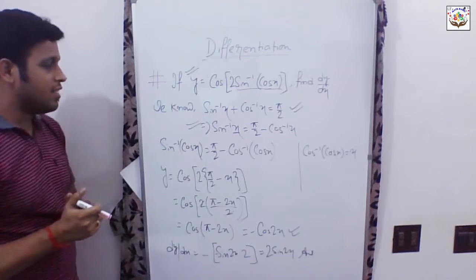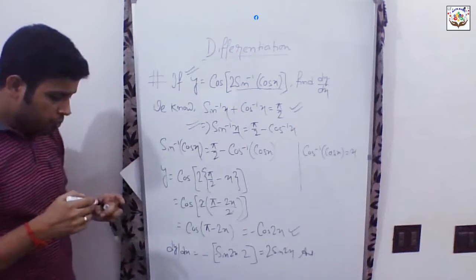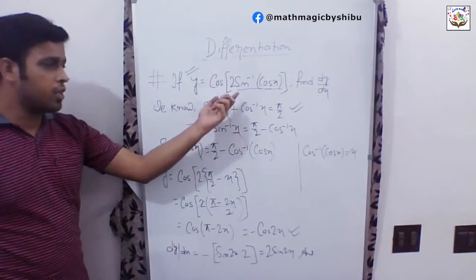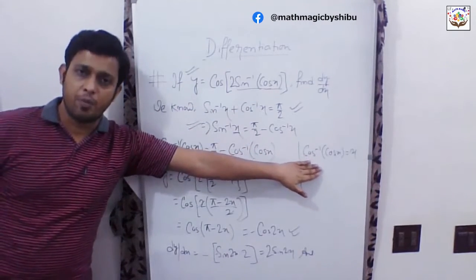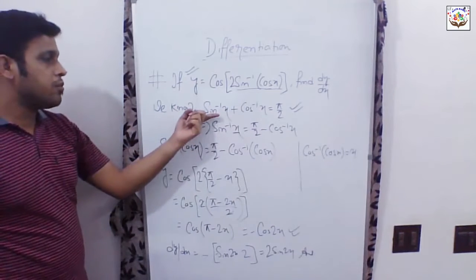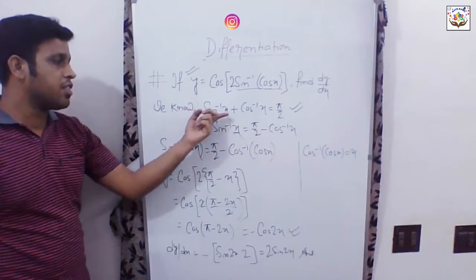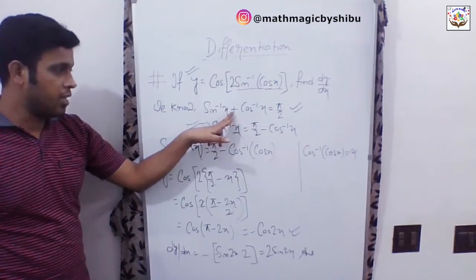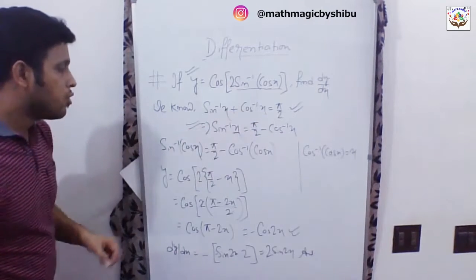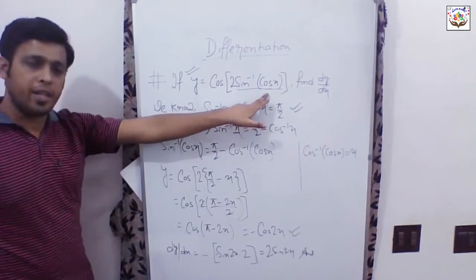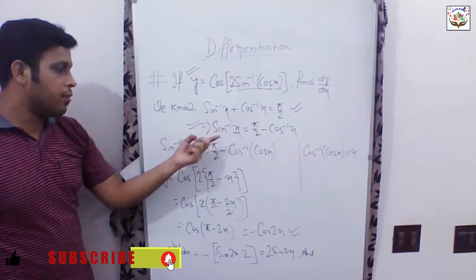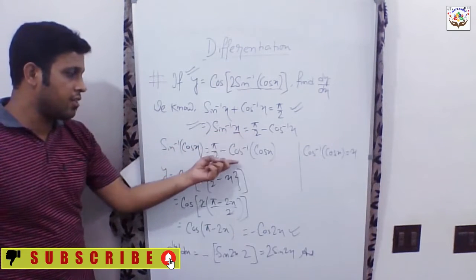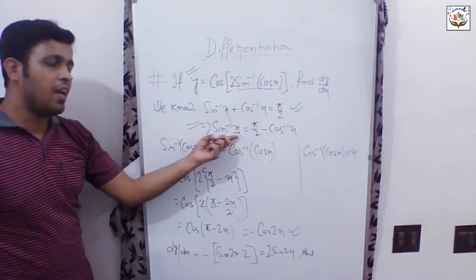Okay, and let us recap this problem once. What we did, we tried to convert the sine inverse into cos inverse so that we can have this kind of expression. As per the inverse function formula, sine inverse x plus cos inverse x equals pi by 2. This value needs to be the same: here is x, here is also x. So instead of x, we have sine inverse cos x, and by this formula we can easily replace cos x in place of x. Just check this line and this line. We have just replaced the value of x.